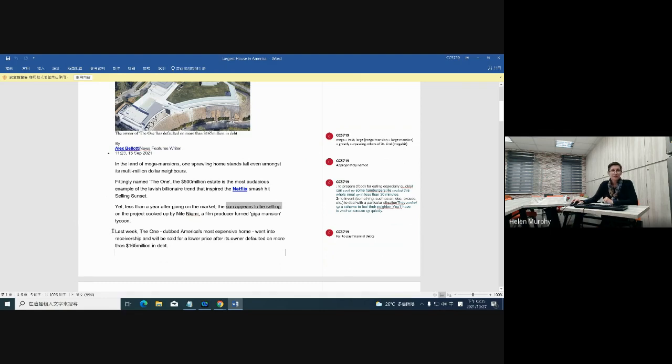Okay, and the final sentence on this page reads, last week, the one dubbed or called Australia's most expensive, not Australia, America's most expensive home, went into receivership and will be sold for a lower price after its owner defaulted on more than $165 million in debt. Okay, so when something is dubbed, just means something is called or become known as a nickname or